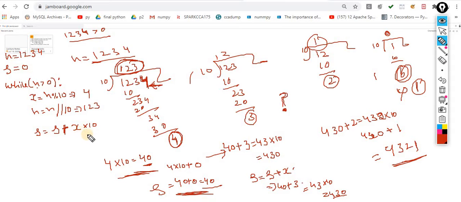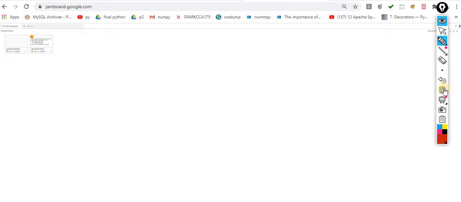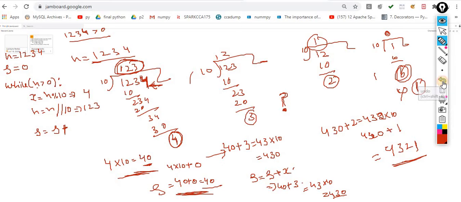So no, let me correct this statement. This would become s into 10. Yes, s into 10 plus your x.